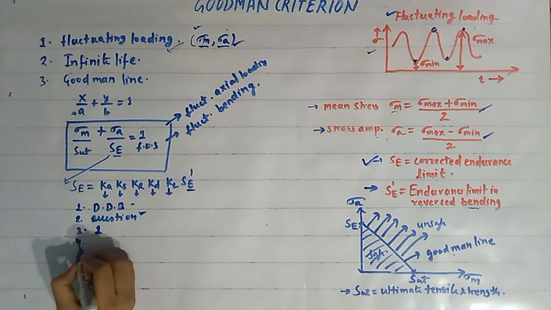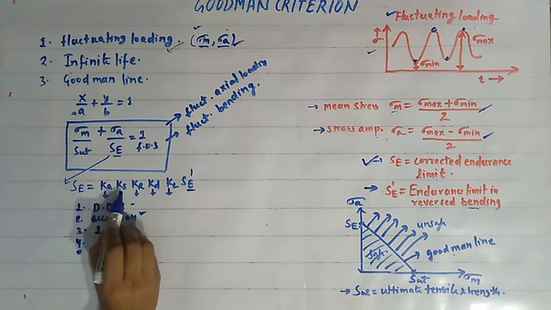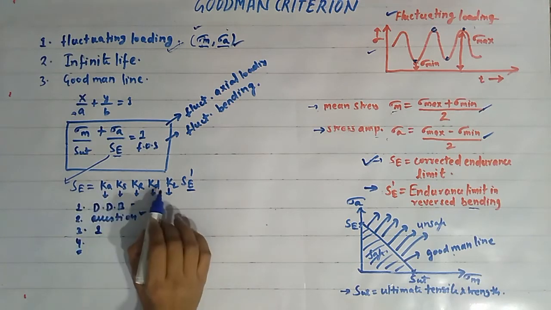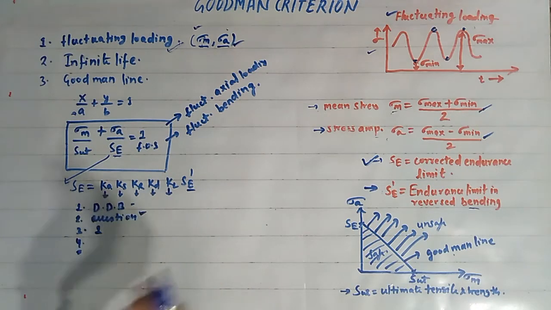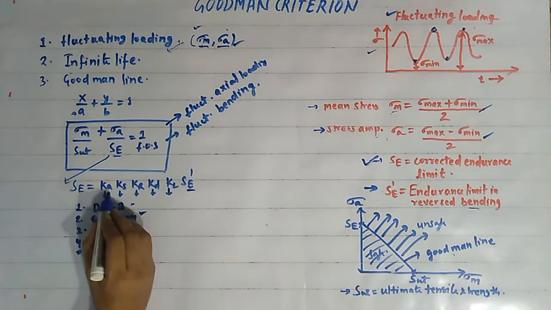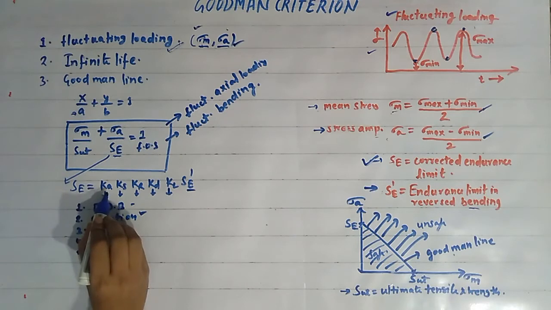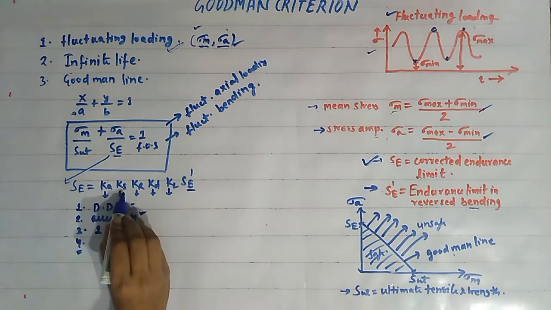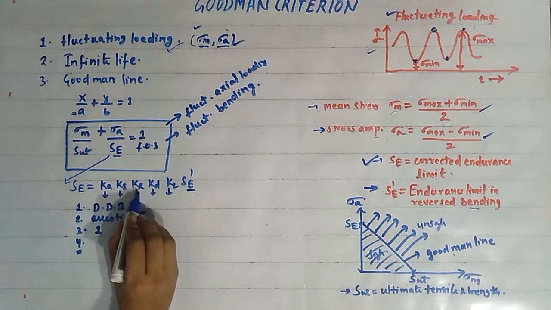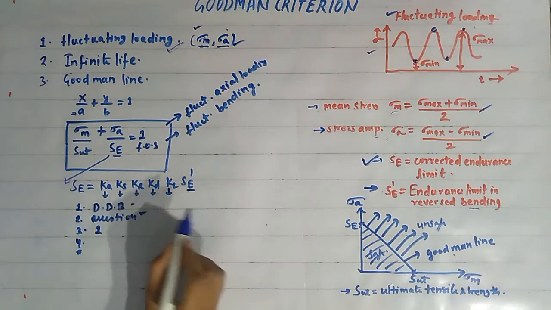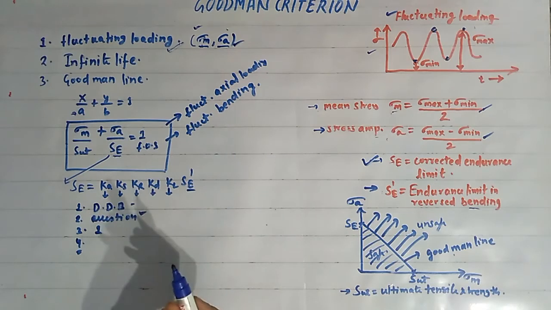And the fourth case is that some of the factors such as Ka, Ks, Kr are given, but other factors such as Kd and Kl, suppose, are not given. Then we can take the value of Ka as it is given in the question, and the value of Ks as it is in the question, and Kr as it is given in the question, but the value of Kd and Kl can be assumed to be unity.